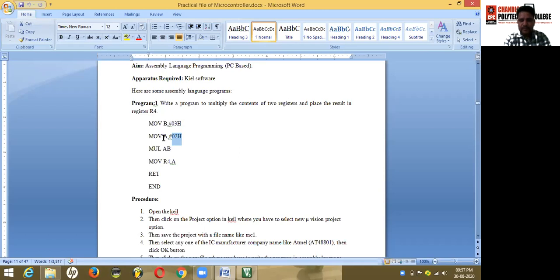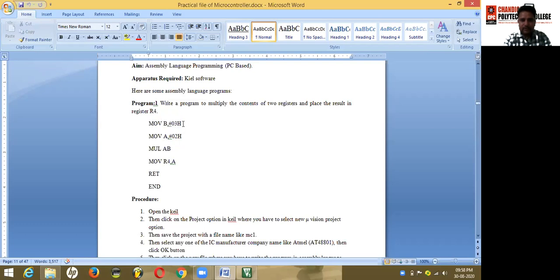It is a compulsory condition. The second number we can store in any register, say register B, but for multiplication we will use only register A and register B.